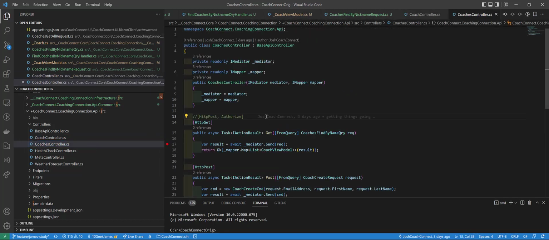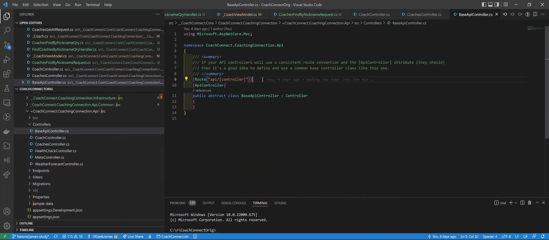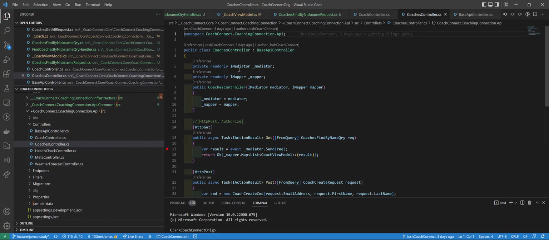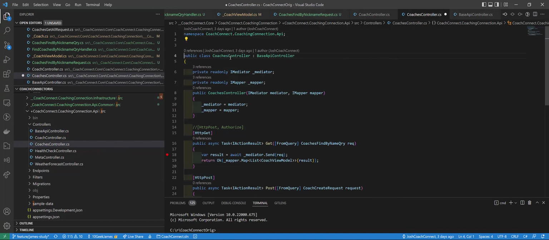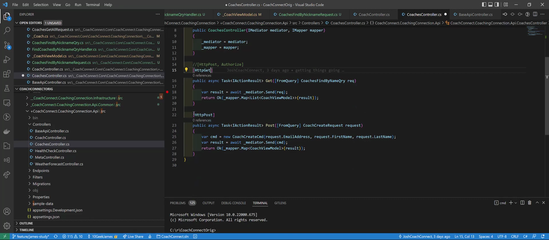Fair enough. So we'll need to teach one of these a little trick here. Let's take our route out of the hands of base API controller for a moment and say action, which will break these critters.